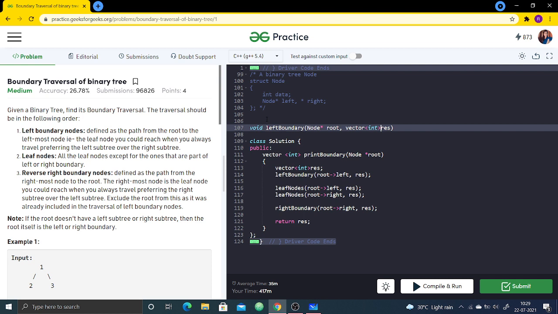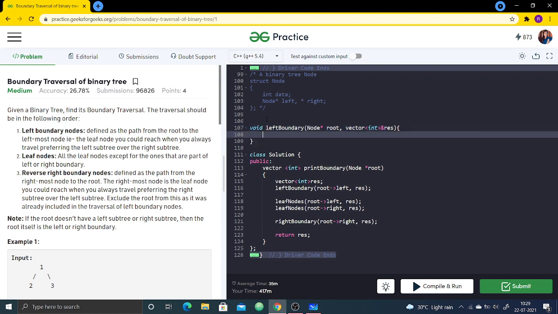That's why I will pass it by reference, so that whatever changes I make in this function get reflected here also. Now see, this is a recursive call, so let us write the base condition. If the root is null, then we don't want to do anything.